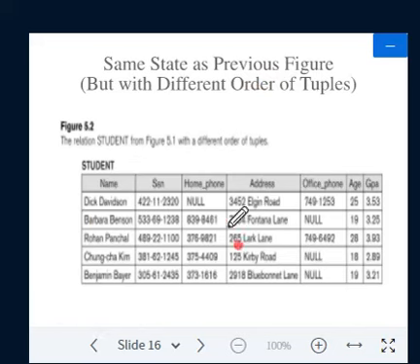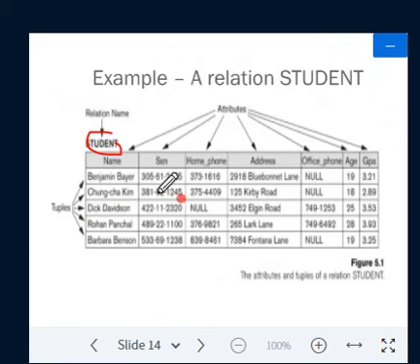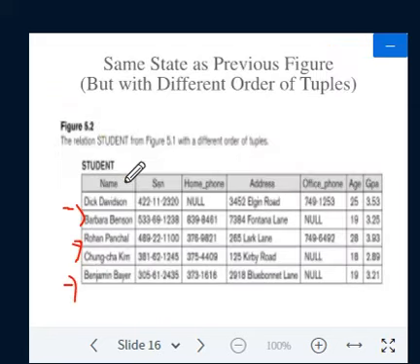Here it is just differing ordering of tuples. So if you take the previous example, Benjamin Bayer was first. In this example, Benjamin Bayer has gone to the end.